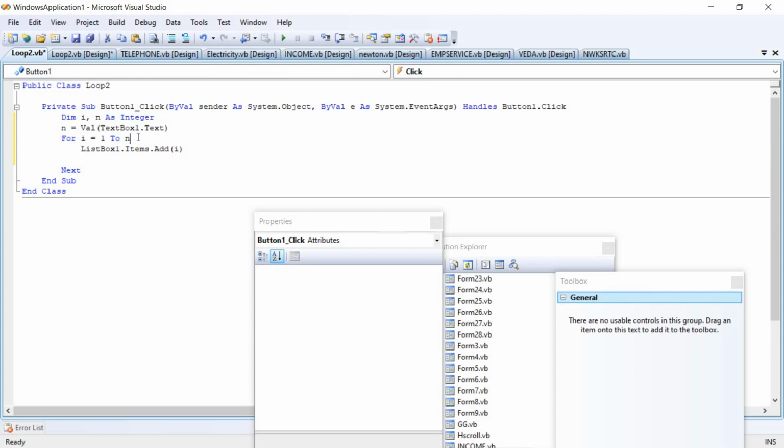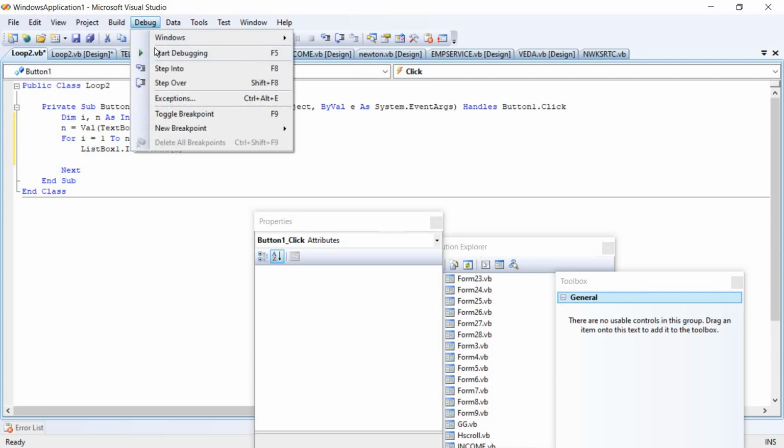Right now we will run this particular program. Just go here, start debugging, or else you can go to debug, start debugging, or function key F5. Just click on this one.